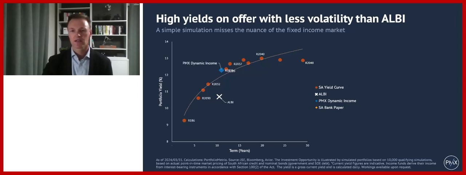That's the yield of our ETF at the moment, sitting around this level, around 12.5% actually. And this is the yield and the term of all the different bank type bonds that you can get: the senior bonds, the tier 2 bonds, the alternative tier 1 bonds. This is the average of those yields across all the different bank bonds that we can see at the moment.